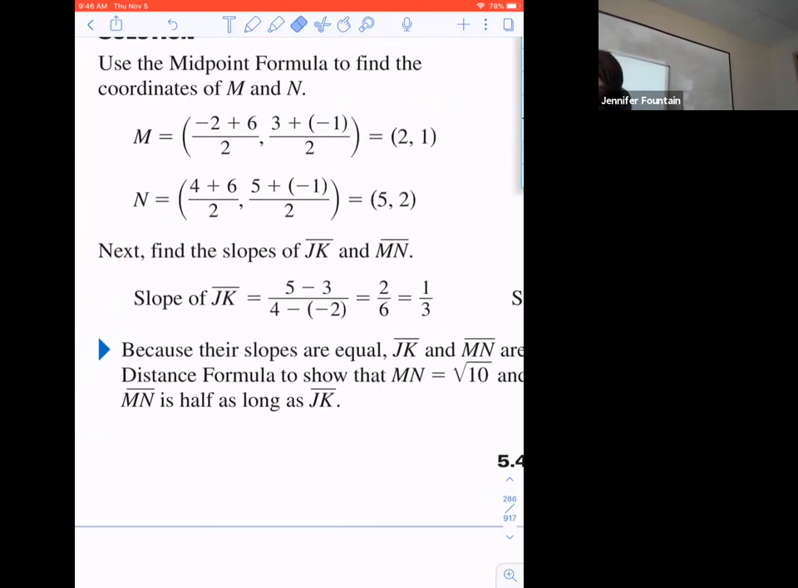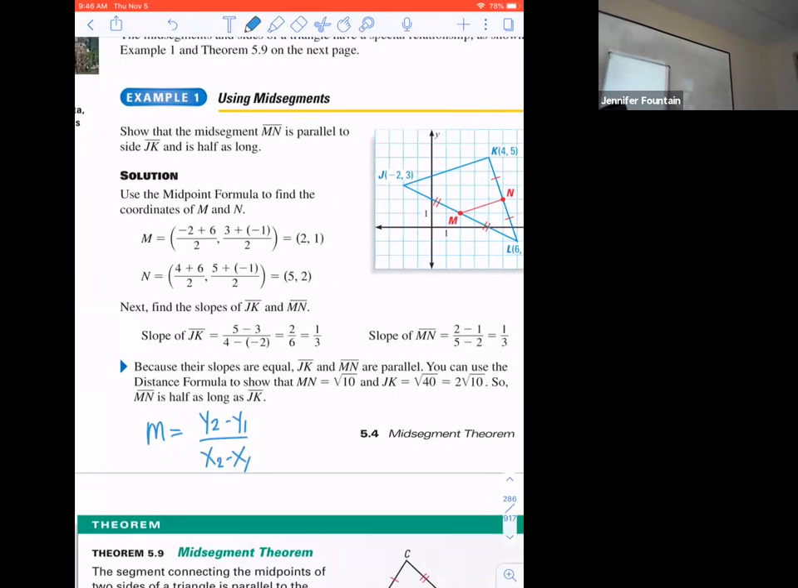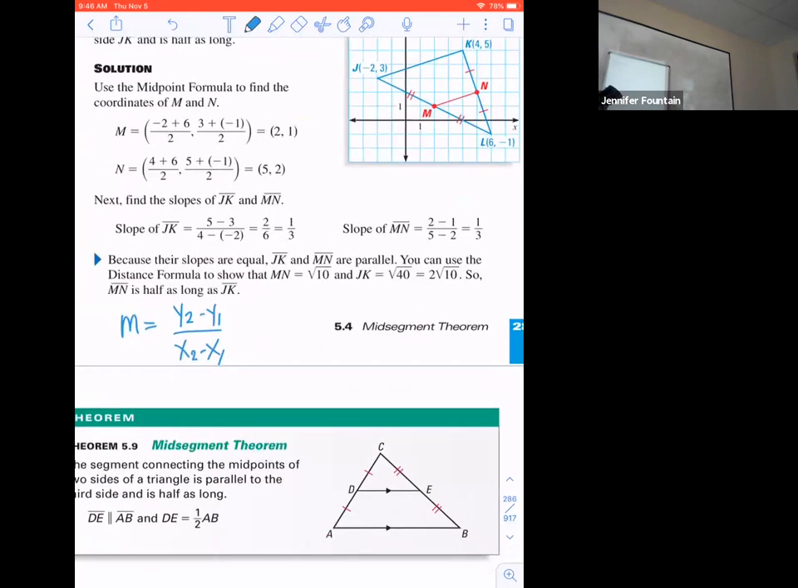But if you need it, m is equal to y2 minus y1 over x2 minus x1. That's going to be your slope formula. You use your values, find the slope. So it says because their slopes are equal, then we know that JK and MN are parallel. Remember we learned that parallel lines have the same slope. What about perpendicular lines? What kind of slopes do they have? Parallel lines have the same slope. Perpendicular lines have slopes that are negative